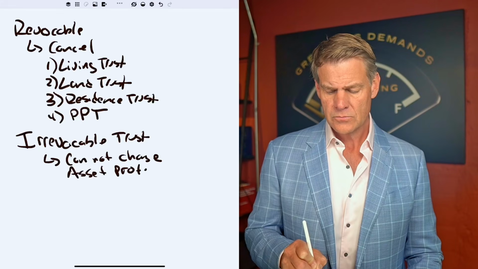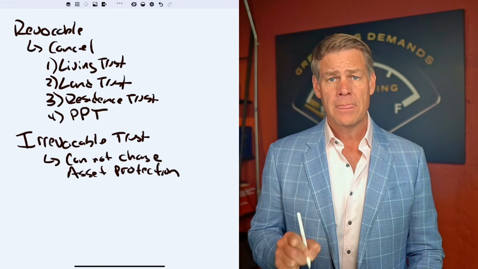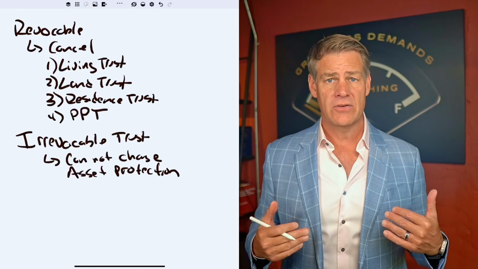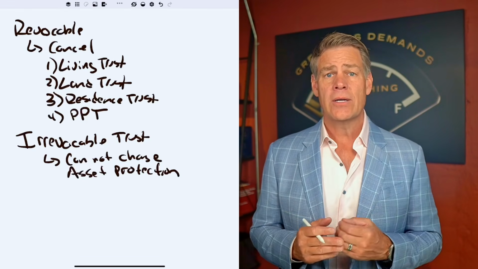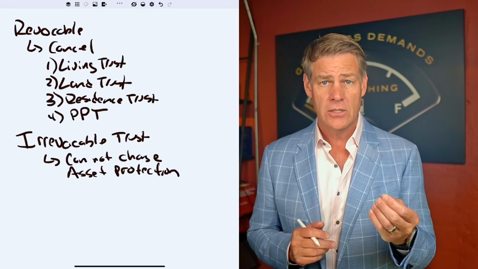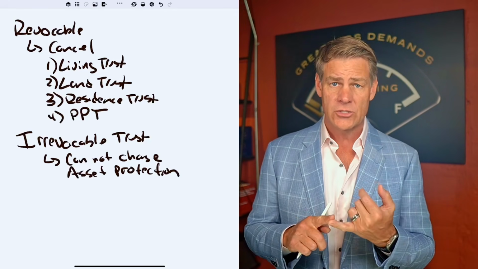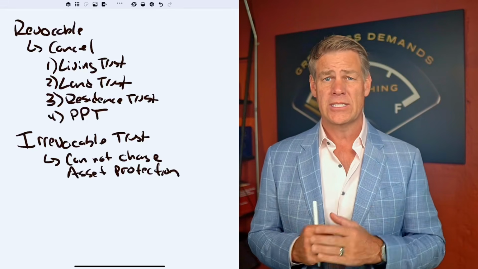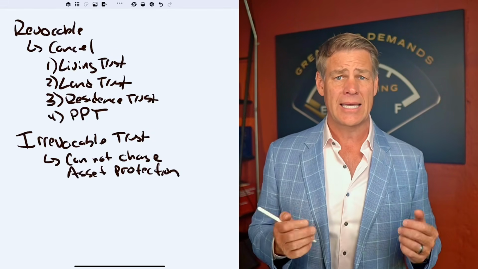Okay, so what am I saying there? That the assets held in an irrevocable trust for these beneficiaries, the beneficiary's creditors cannot gain access to those assets. Those assets are beyond their reach. That is, they can't break the trust and get in there and take the assets out. They can't force a distribution of the assets to make sure that they get paid.